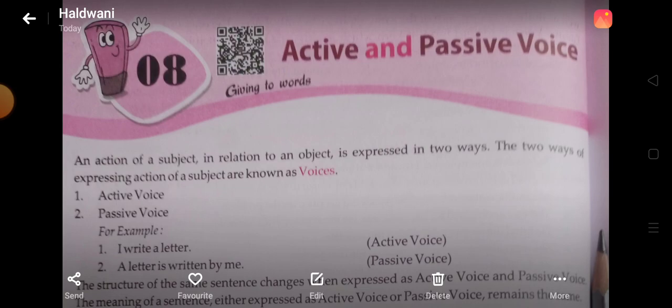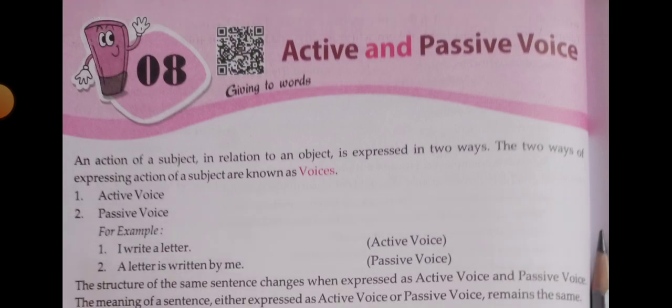Okay. Now what are these rules? Let's see them quickly. Okay. Rule number 1 is, as mentioned earlier, the structure of sentence will be reversed in passive voice. The places of subject and object will interchange. The subject will shift to the place of object and the object will be taken to the place of subject